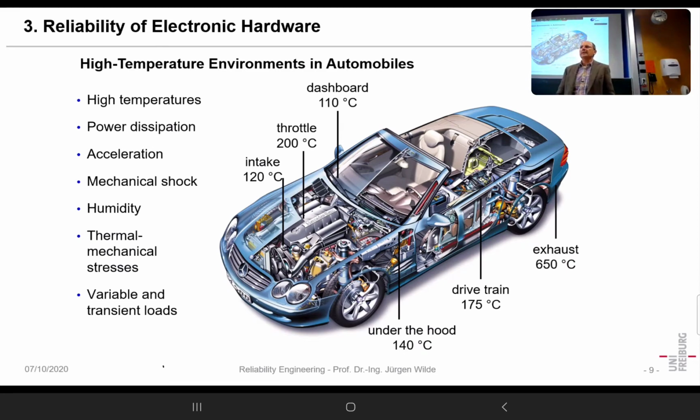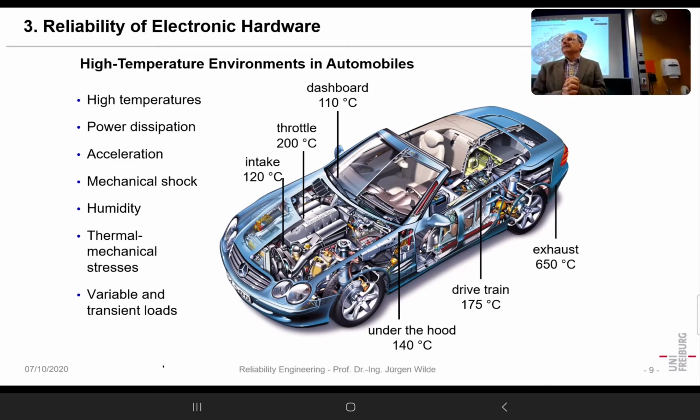No, the highest, of course, is in the combustion engine, but you do not put a sensor there. For many sensors, you can put them a little apart. For instance, if you measure pressure, you do not have to put them really into the combustion room, but pull them back a little, and then they are already in the cylinder head, for instance, and the cylinder head is cooled. So it's depending very much on the situation,